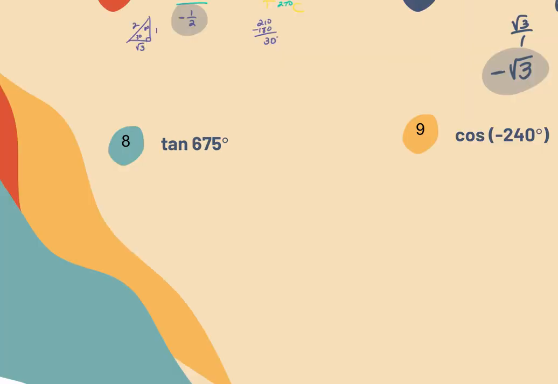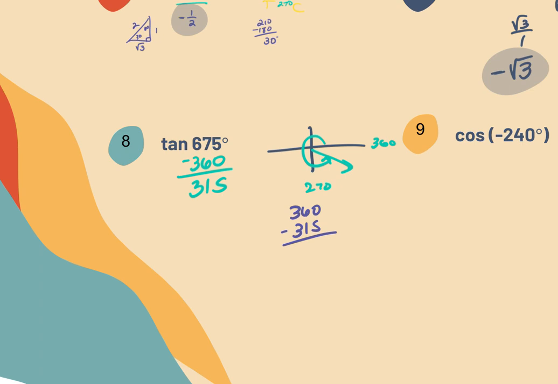All right, 675. What do I got to do first? Let's find a coterminal. So subtract 360, and I get 315. Where's 315? Fourth quadrant, right? Because it's bigger than 270, in between 270 and 360. How do I find the reference angle in the fourth quadrant? 360 minus 315, and I get